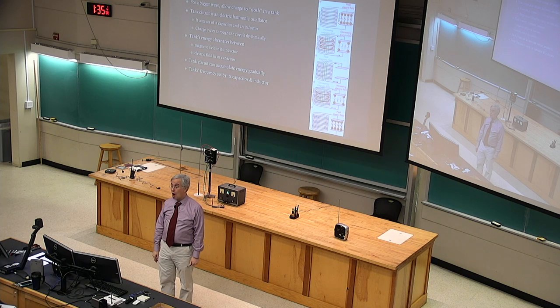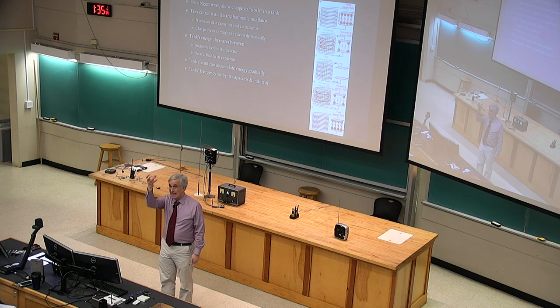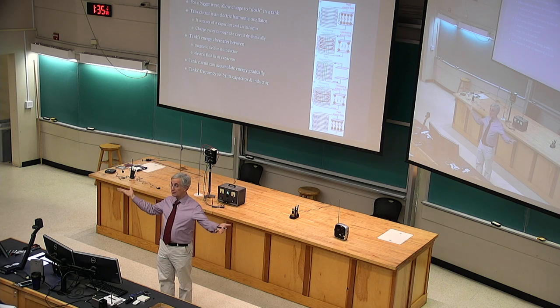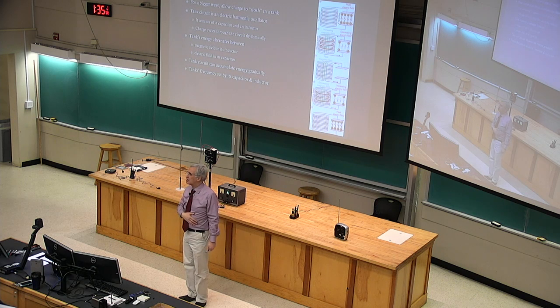If you try to turn off the current, it also fights. When you try to turn off the current in an inductor, the magnetic field, as it begins to get smaller, produces an electric field. And what does the electric field do? It pushes the charges in the current forward. Come on, guys, keep going, keep going. The inductor has this interesting characteristic then. It always fights changes in current. It doesn't like them. It opposes a rise in current at the beginning, and it opposes a decrease in current at the end. It wants to keep the current steady.